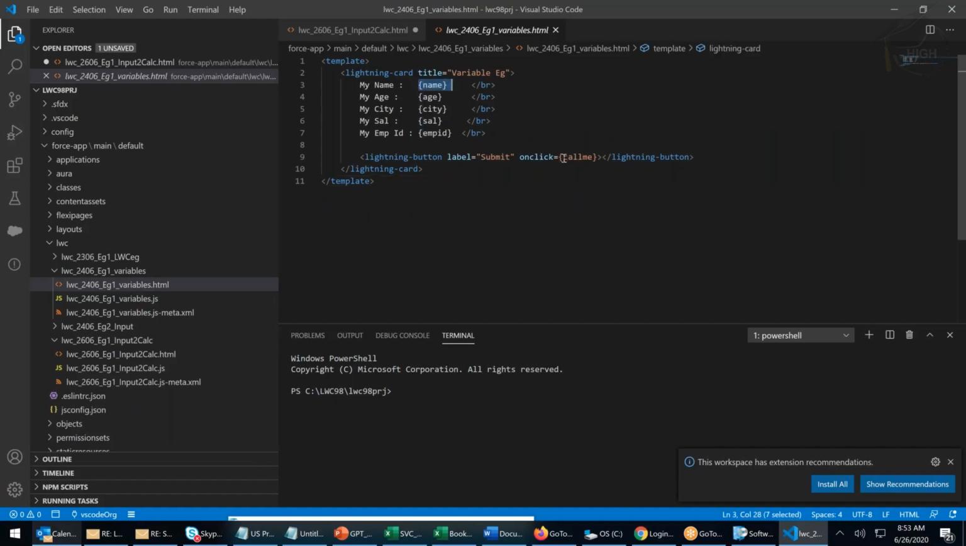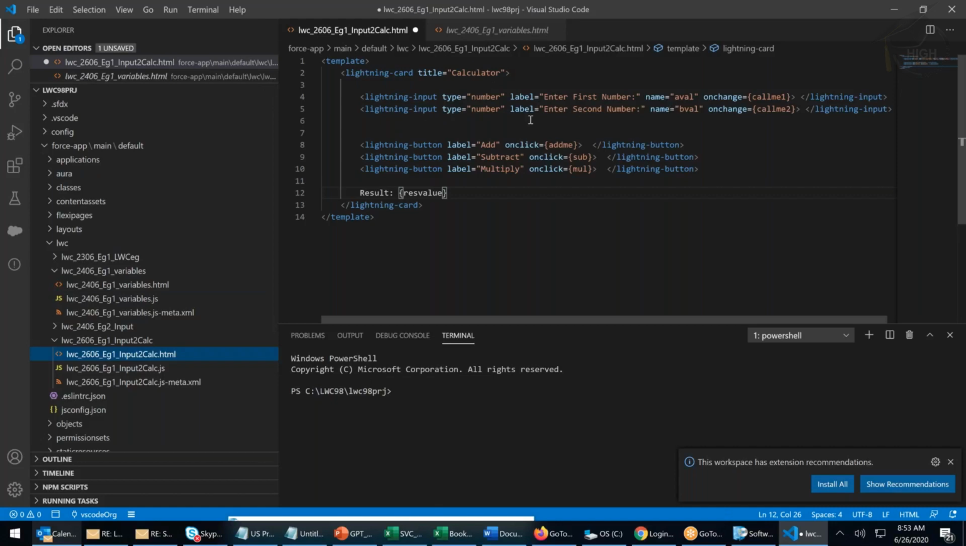Both variables and functions look the same. You said call me name. Get name is also in the bracket, right? In the bracket. Call me is a function, right? There is no difference between a function and a variable. It is just how you use it. Similarly, if you take my example here, res value is not a function. It's a variable. I will give a paragraph tag,